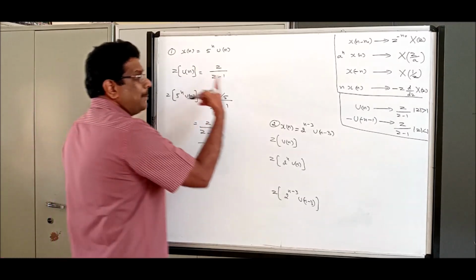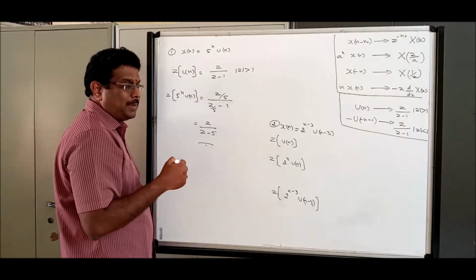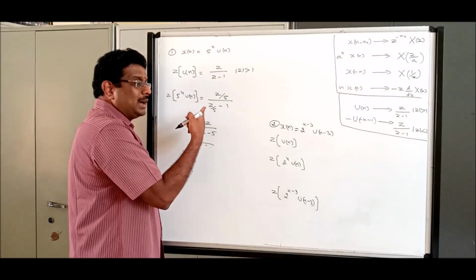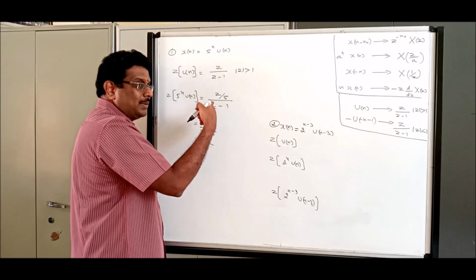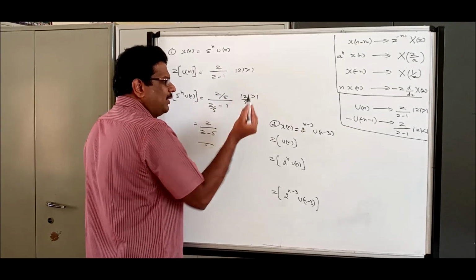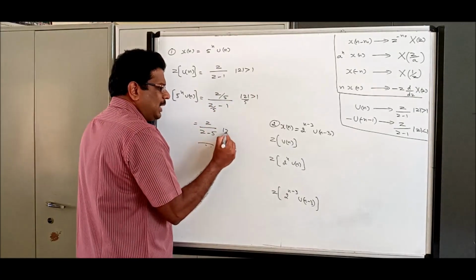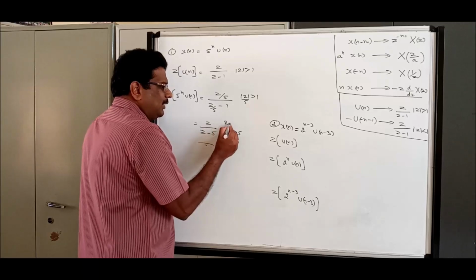Now come on. What is the basic property here? Mod z greater than 1. That is the ROC. Am I right? What is the property implemented? z becomes z by 5. Same you do here: mod z by 5 greater than 1. Whatever you do here, that you do. That's how the ROC works. Just cross multiply: mod z greater than 5. That's how ROC.